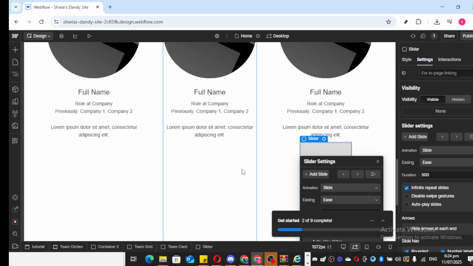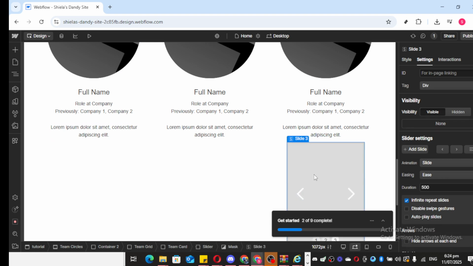Now, let's make it even more personalized and engaging. To do that, look for the Add Slide button within your slider settings. Clicking this lets you introduce additional slides into your slider component, giving you more space to showcase your content or visuals. Once your slides are in place, it's time to fine-tune the settings, tailoring the slider to match your exact